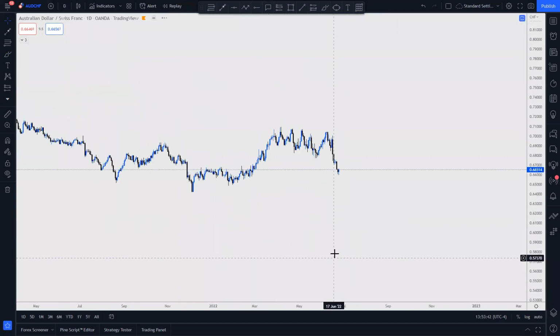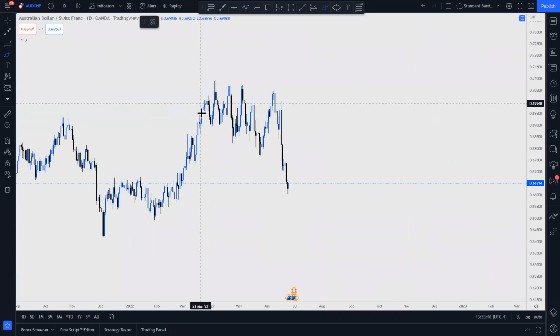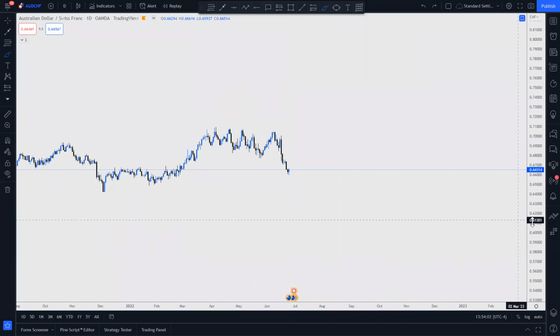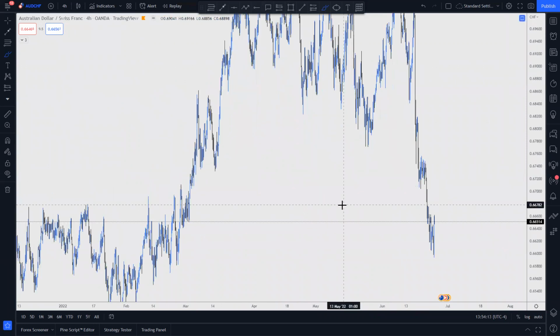So on the daily, what am I looking at? We tried to get higher and failed, breaking that important structure to the downside. A break of structure to the downside. Do I expect a return to impulse? No, because there's too much momentum. I expect some kind of pullback. Any pullback in this market, I'm going to view as an opportunity to take a short.